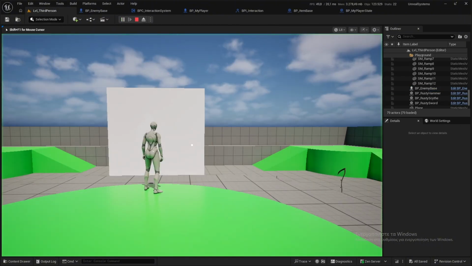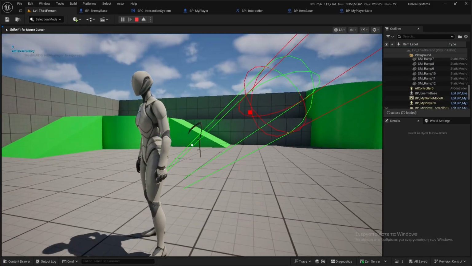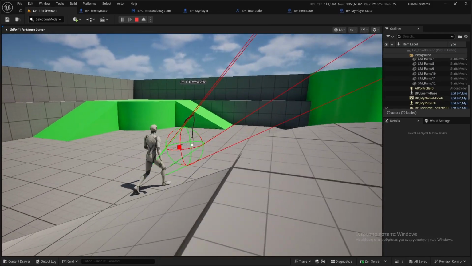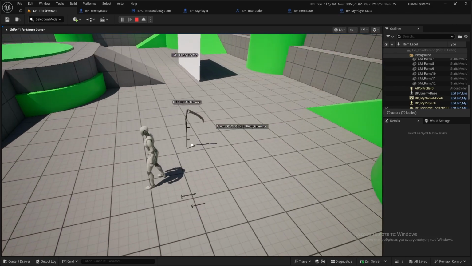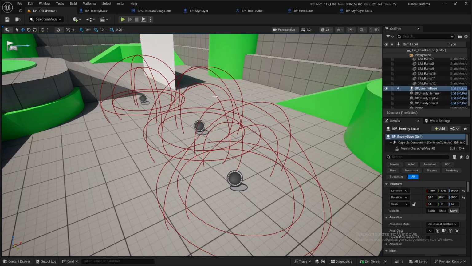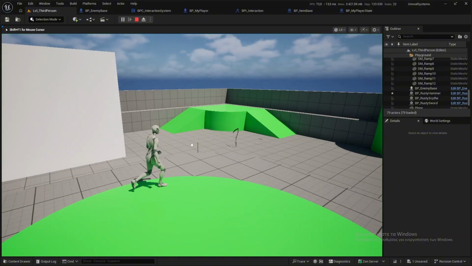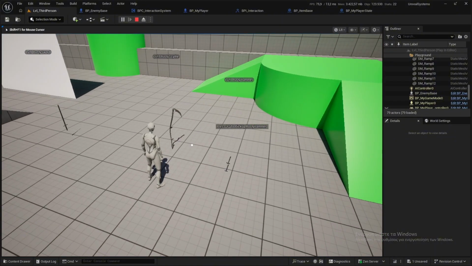If I do this, this will work, I believe. So if I do this, now I can spawn, but still I believe that when the two items overlap together